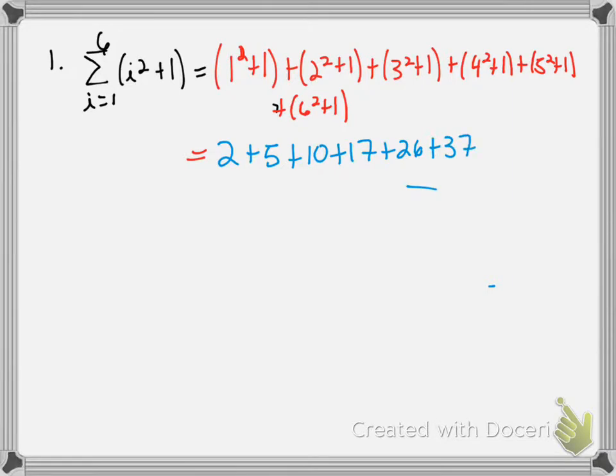Okay, we get to add these up now. I did it once before, but I want to verify that I did it correctly. So 2 plus 5 plus 10 plus 17 plus 26 plus 37. Get 97. Okay, our next one